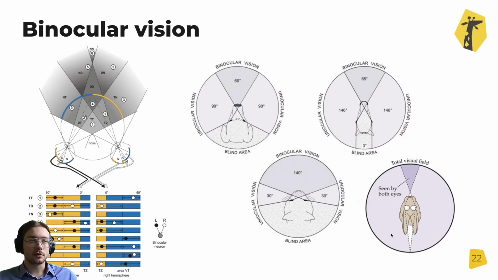And so the victims of predators usually have a smaller binocular vision field, but more monocular vision and less blind area, because they are hunted and they want to know where the hunter came from. They just go in the opposite direction, like we do in gradient descent, for example. But they do it for their life. So this is how binocular vision operates in the case of a human.